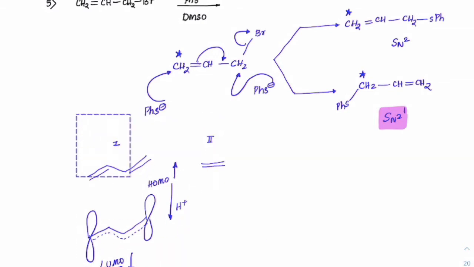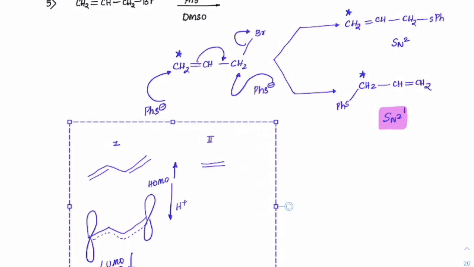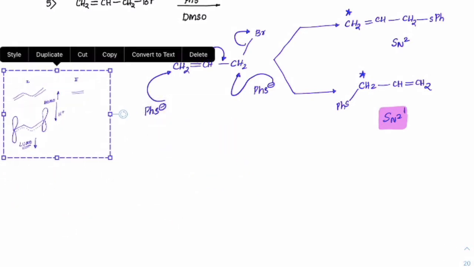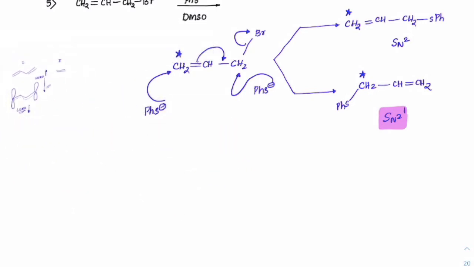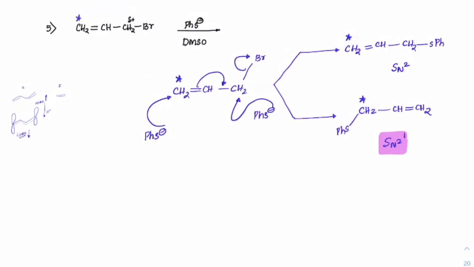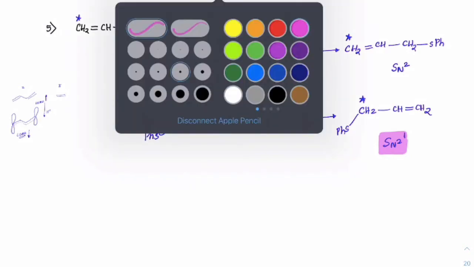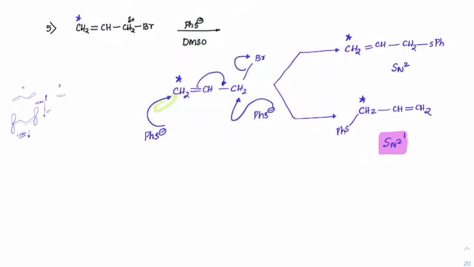Remember that it's a very special thing for dienes, that wherever there are dienes, they will have more reactivity. A similar thing is happening here. The diene character is carried whenever we have allyl groups. So in allyl, due to this donation here, this pi cloud shifting here during the transition state in SN2, this LUMO is quite available for it. So here this LUMO is quite available for it. Okay. So PhS minus will attack on the backside.